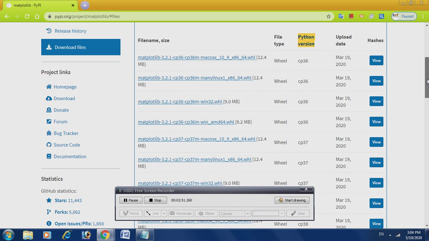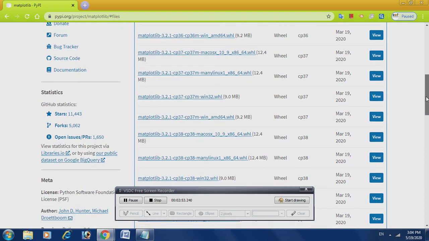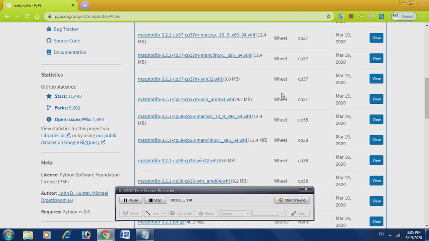Because my system is Windows 64-bit and the Python version is 3.7.2, I'm going to download this file, that is win_amd64. If your system is Windows 32, you can go for this. If Windows 64, you just click here and let it download. When this file is downloaded, it will be shown downside.